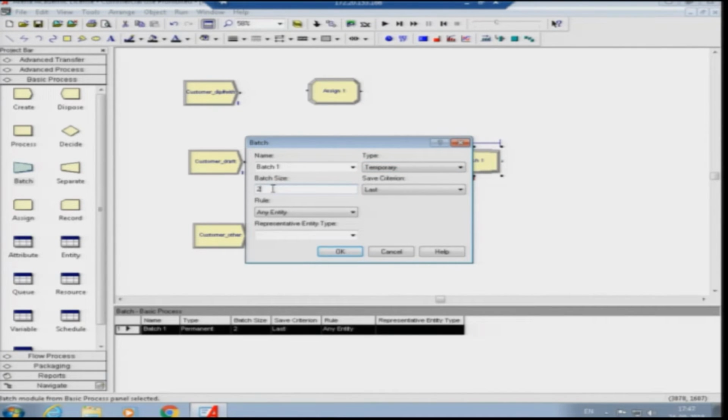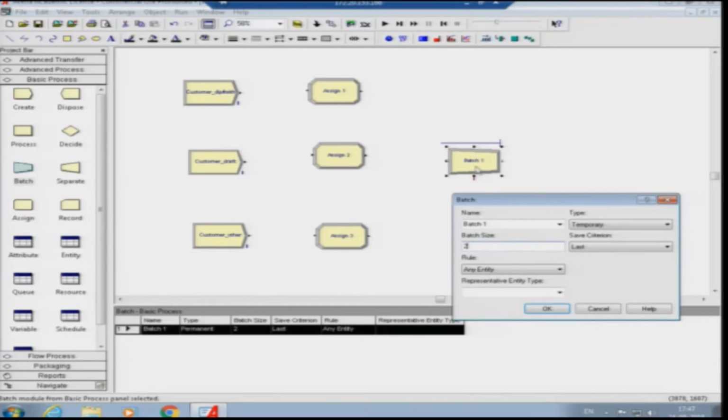So you need to define the batch size. Batch size is the number of entities. If the number of entities is lesser than this batch size, the batch does not allow the entities to pass through. So say for example, for this particular case, we will take the batch size as 20, and there is a set of rules that you need to define, whether you want to seek a particular entity or any entity. If you click there, you can find that there are two things. One is any entity and the other is by attribute. If you put the by attribute case, then you need to specifically define what kind of attribute you want. But here we don't want to do that. We only want to keep it as any entity.